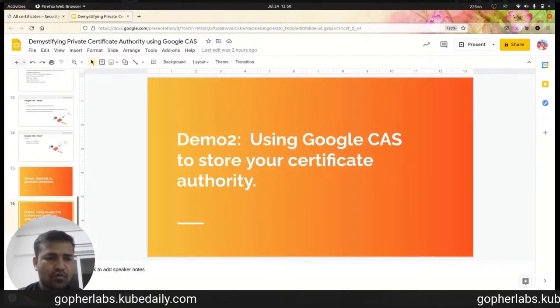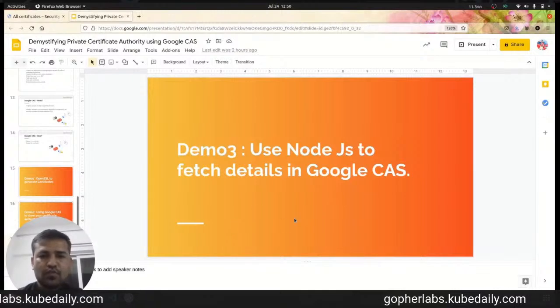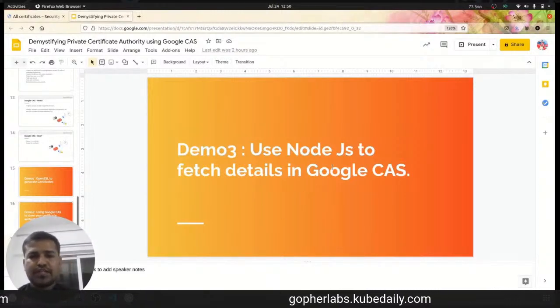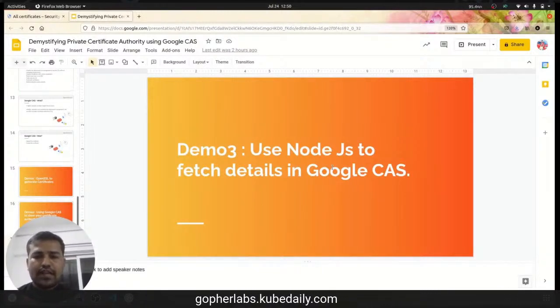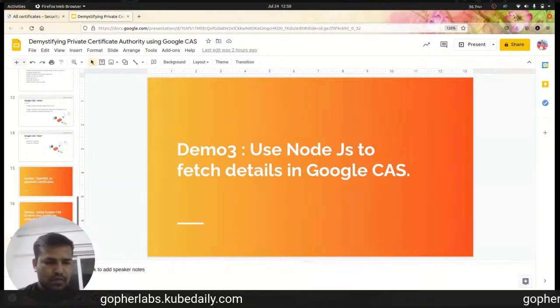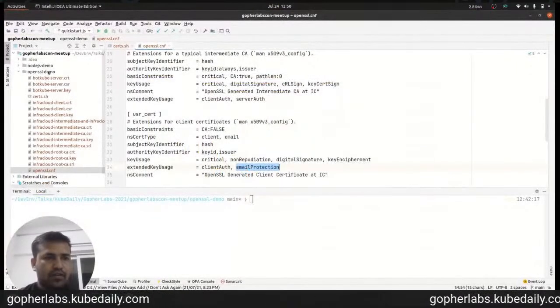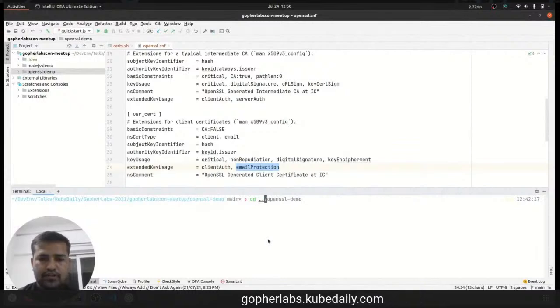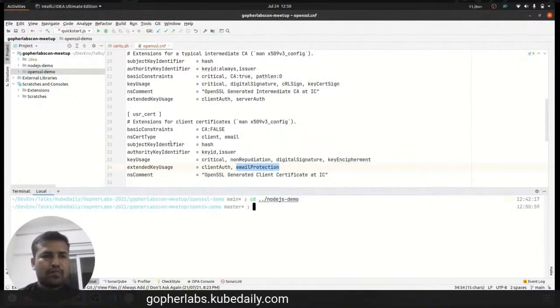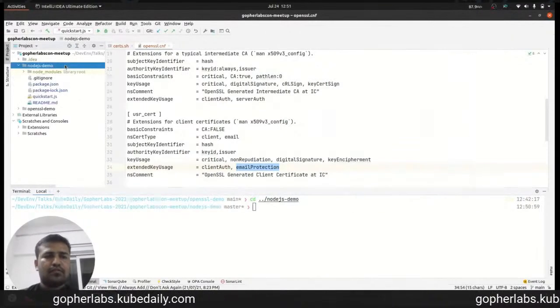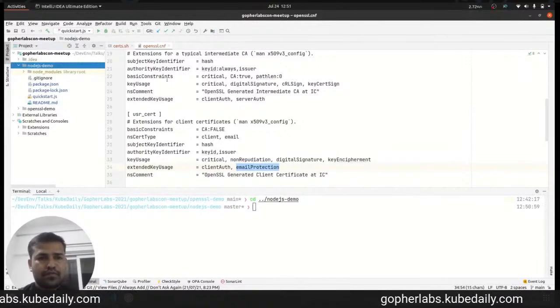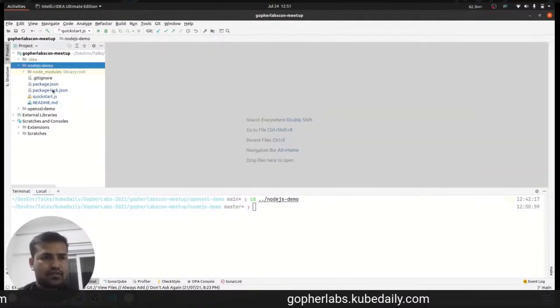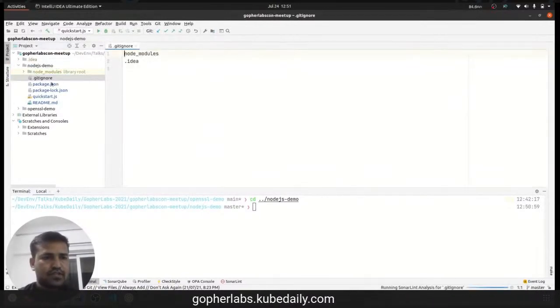Let us move on to the third demo, which is about using Node.js to fetch the details of Google CAS components. So let me move back to my code editor, and closing these files. Yeah, so here you can see in the package.json,